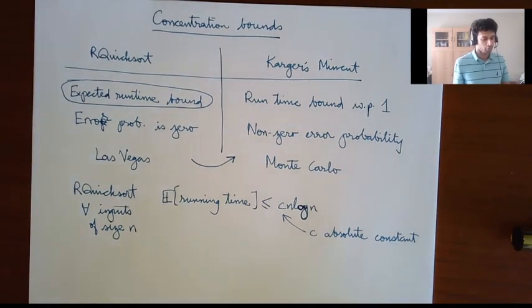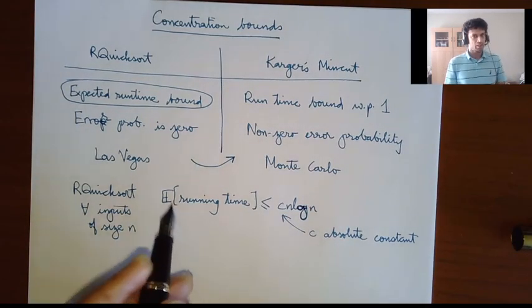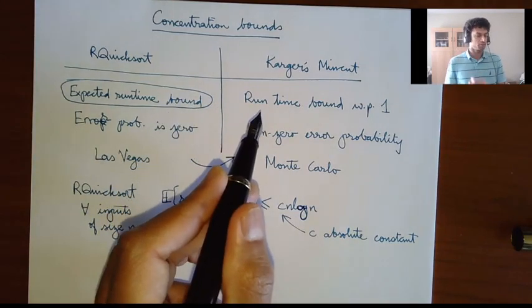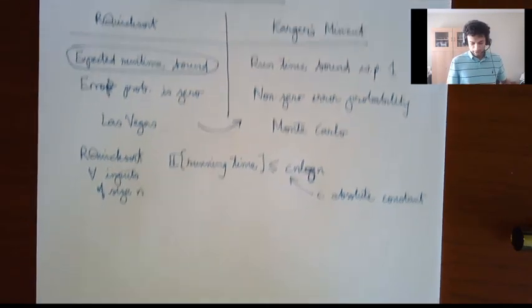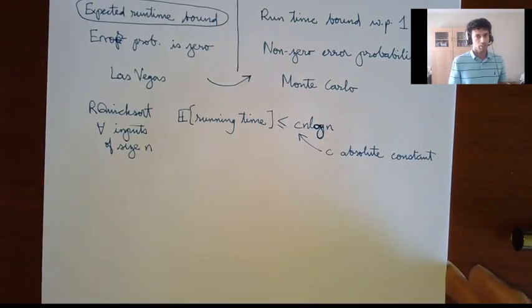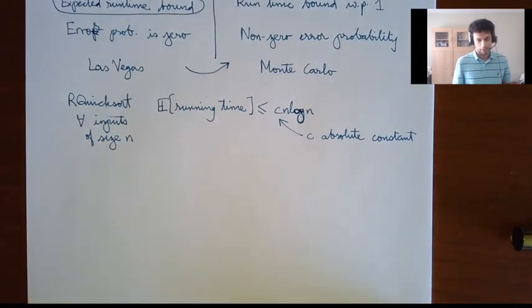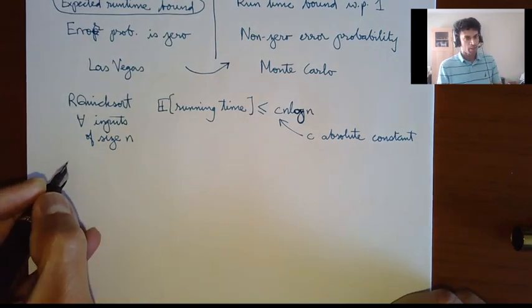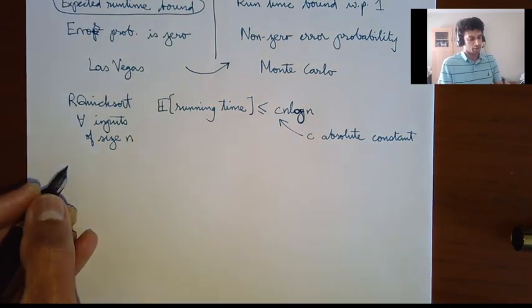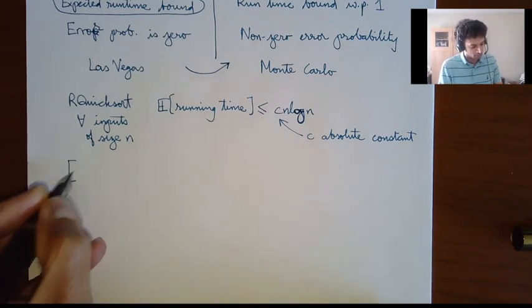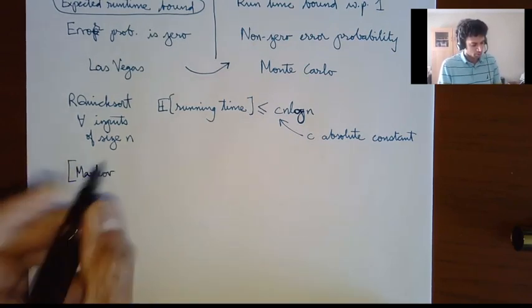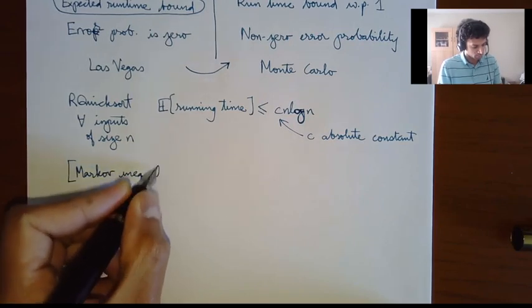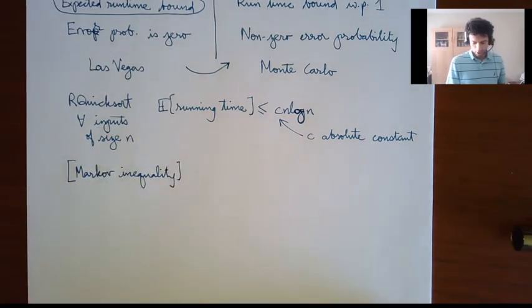This just says that the average runtime is Cn log n, but maybe there are some choices of the randomness where it might be extremely poor. Can we get a better understanding of this? Sometimes what we want is to actually have a fixed runtime bound. Towards that, there's a nice trick to convert a Las Vegas algorithm into a Monte Carlo algorithm, and that uses our very first concentration type bound, a very simple bound known as the Markov inequality, also called the Markov bound.